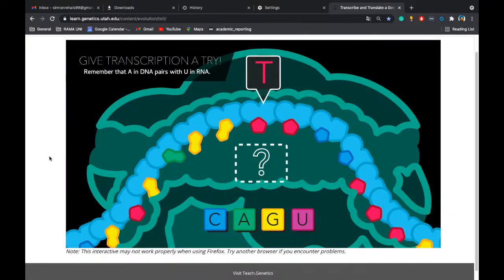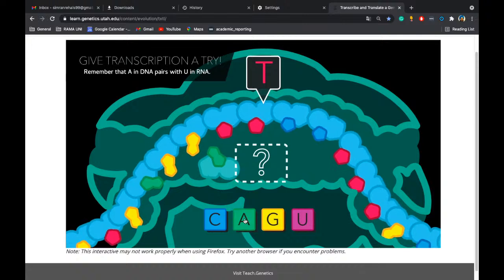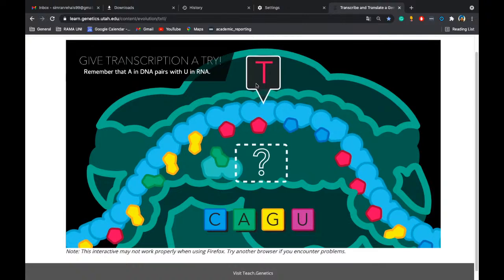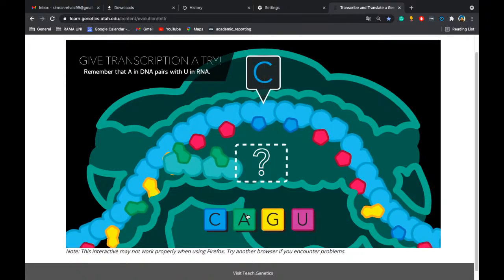So as we have discussed, within the nucleus, from your DNA, messenger RNA will be produced, complementary. So remember, while doing so, A in DNA will pair with U instead of T here. So if it is T on the DNA, it will be A. What will it be, students? Tell me in the chatting box. T will pair with A. C will pair with